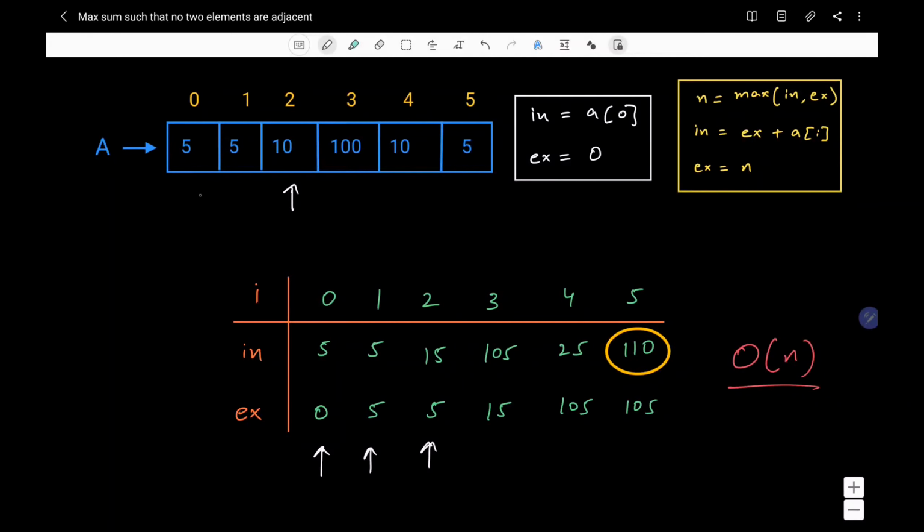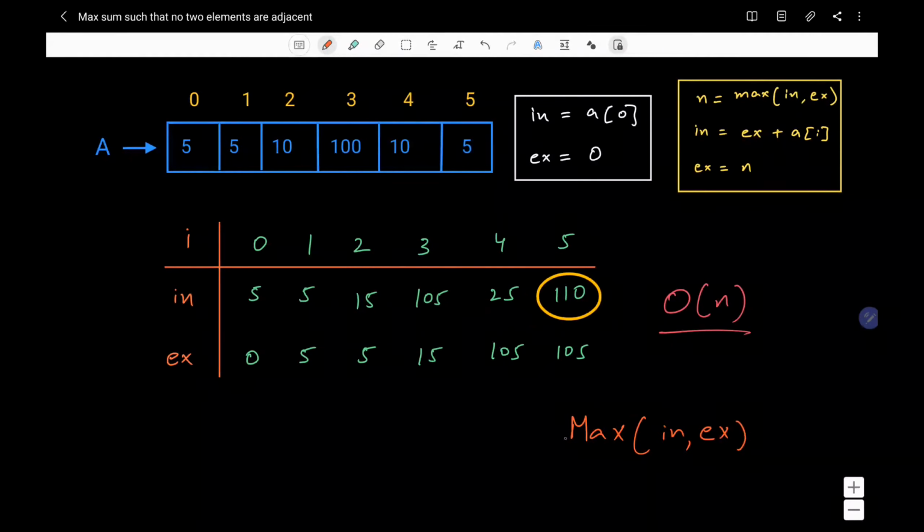At index 2, the variable in has the sum of elements a of 0 and a of 2. At index 3, it has the sum of elements a of 1 and a of 3. At index 4, it has the sum of a of 0, a of 2 and a of 4. And finally we get the set whose sum is the maximum, which is 110.